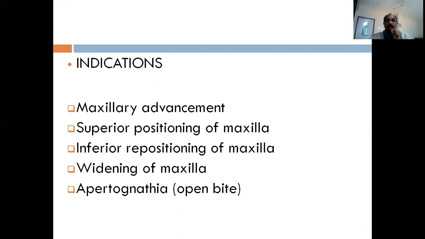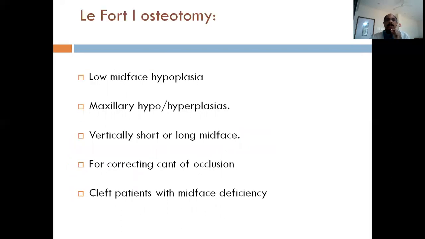So you have your indications for Le Fort 1 osteotomies. You have your maxillary advancement. You can take the maxilla superiorly or inferiorly, or widen the maxilla, and sometimes close the open bite. It's called apertognathia, because usually the patient will have an open bite. In such cases, we try to combine both maxilla and mandible and try to close the open bite. Preferably, it is mostly indicated